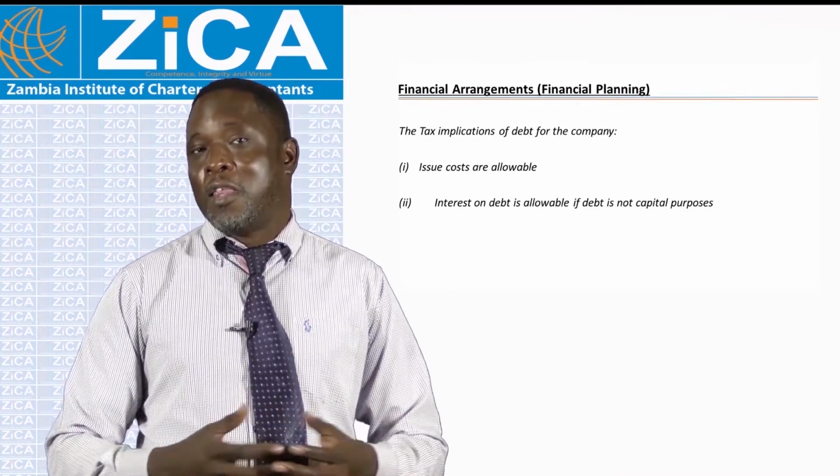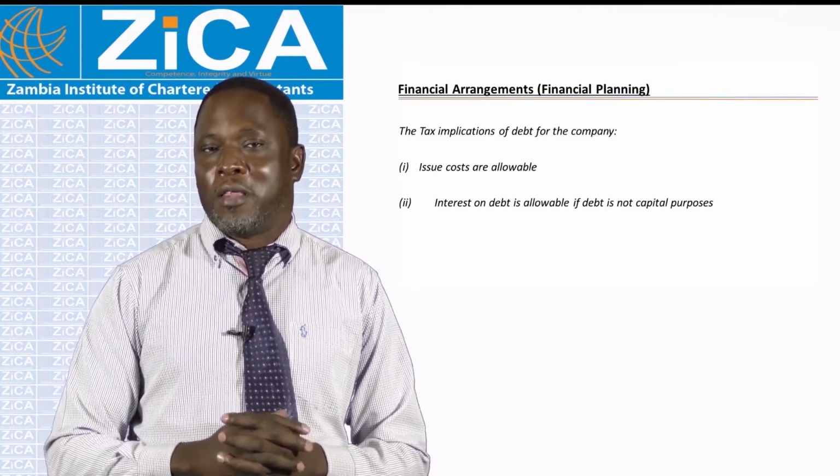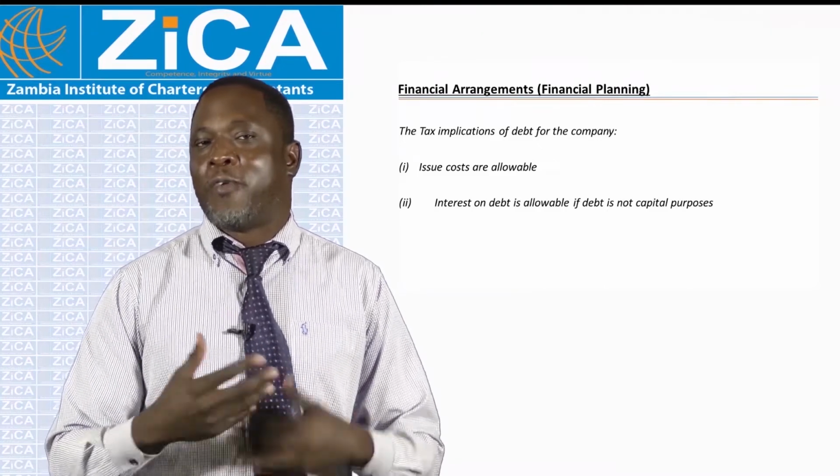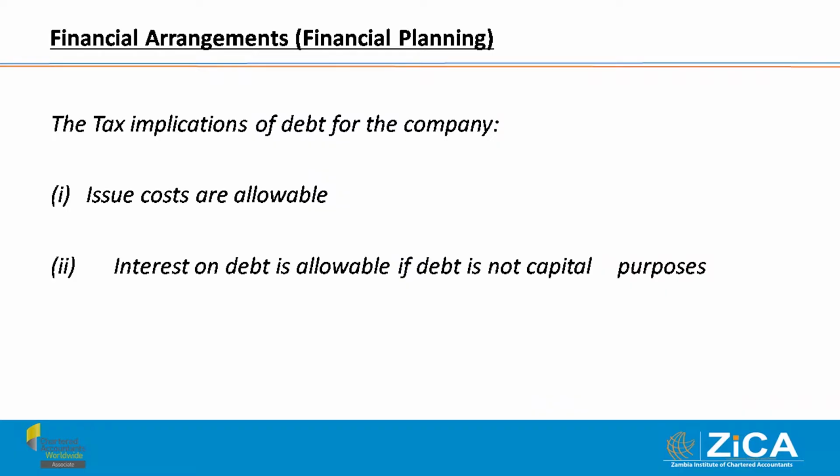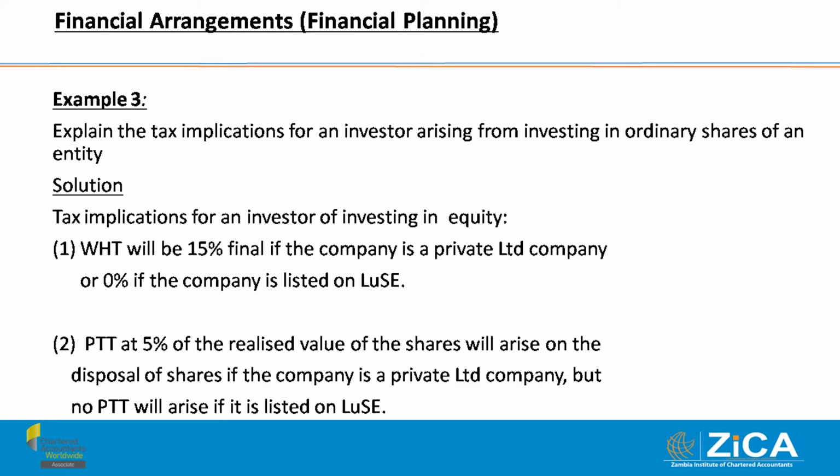That is to say, the company is not raising the debentures or the bonds to finance capital expenditure or acquisition of capital assets. The interest will be allowable. But if the bonds are being used to finance capital expenditure, then the interest in that case will not be allowable. We look at another example